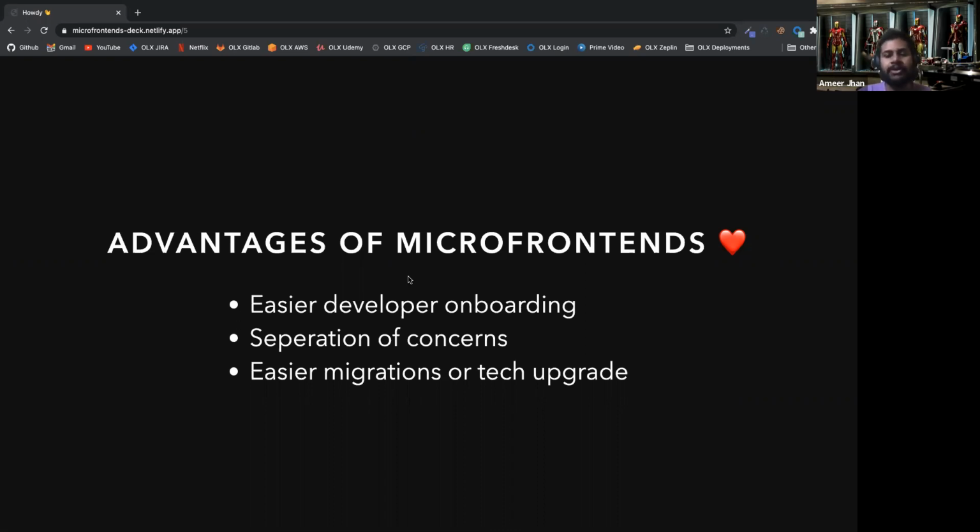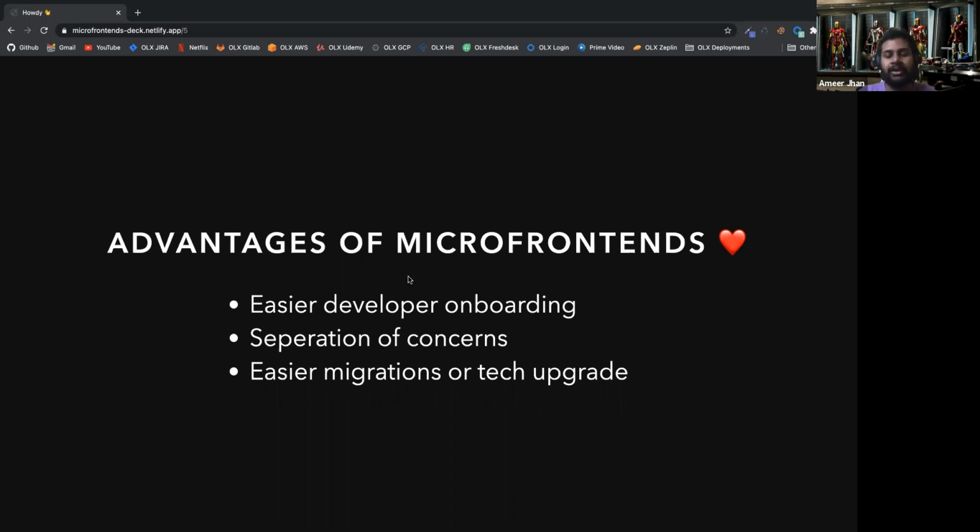And obviously separation of concern, you keep whatever you're working on boxed towards it. Sometimes it happens that someone is working on a profile page and non-purposefully they do something with the landing page and the landing page breaks, right? You just put a hard boundary there, and no one can make changes to the landing page if you separate it into its own front end. You just separate the concerns out so one doesn't affect the other.